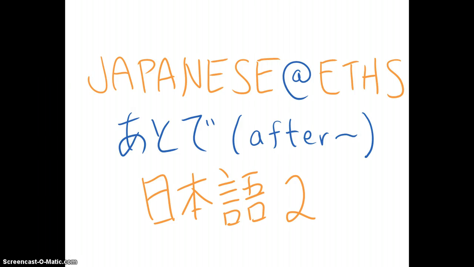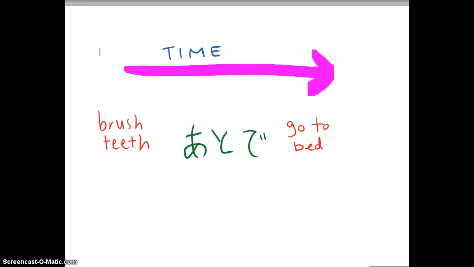Japanese at ETHS, Nihongo ni, the use of atode or after. In this lesson, you will learn how to connect two actions where they happen sequentially using the word after. So for example, in this first example, we have the time function of brushing your teeth first, followed by going